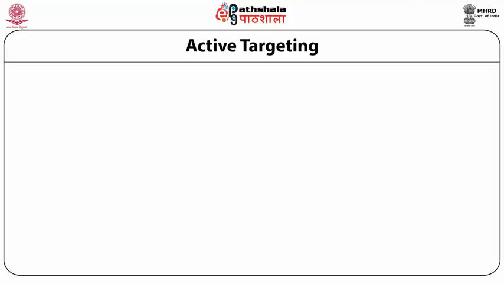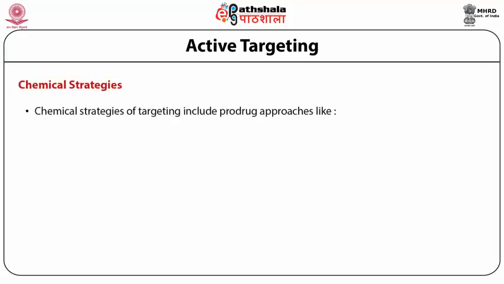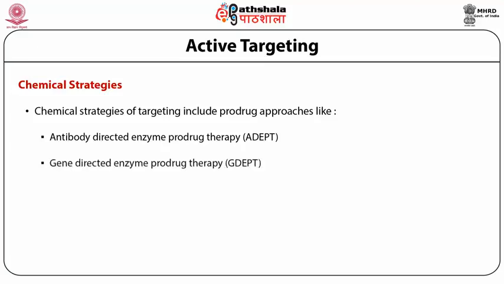Apart from physical strategies, there are also some chemical strategies. In chemical strategies, we are using some chemical material to target the drug to the disease site. That includes antibody directed enzyme prodrug therapy. In this, we use antibodies to target the nanocarrier to the disease site. Gene directed enzyme prodrug therapy, that is, we will use genes, that includes gene therapy, and